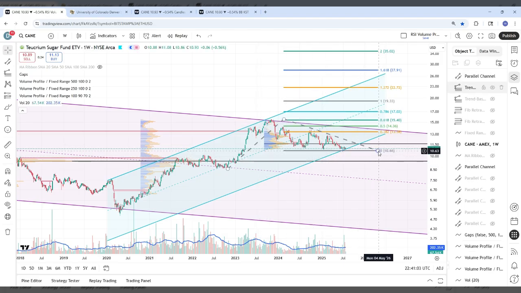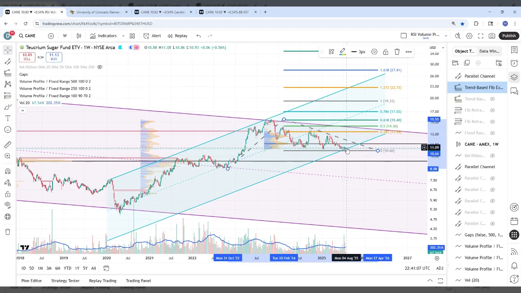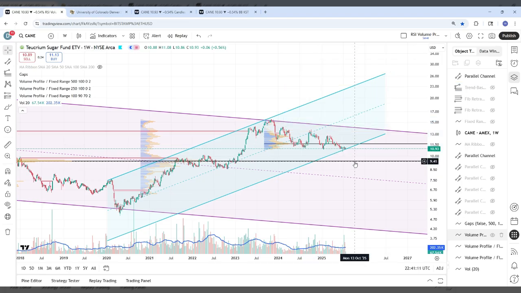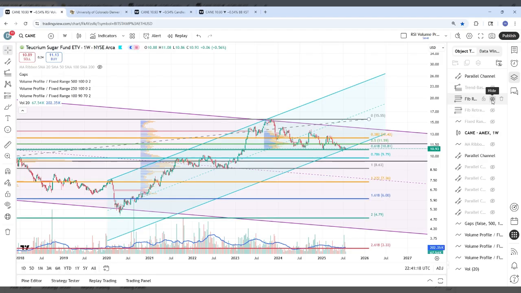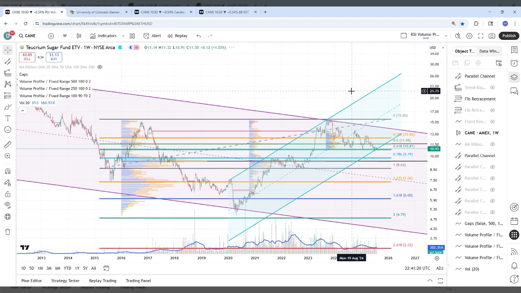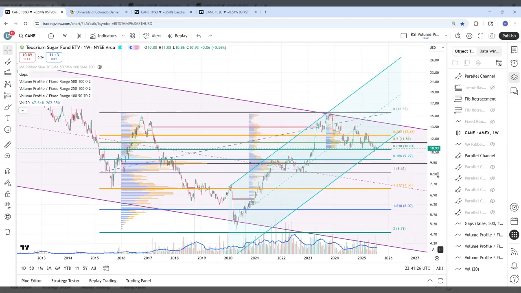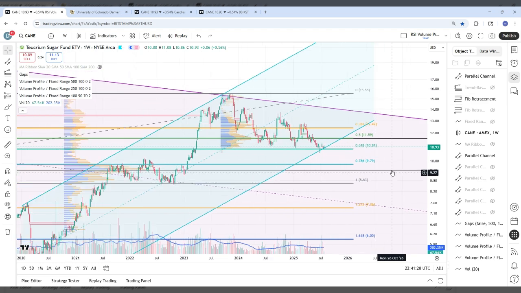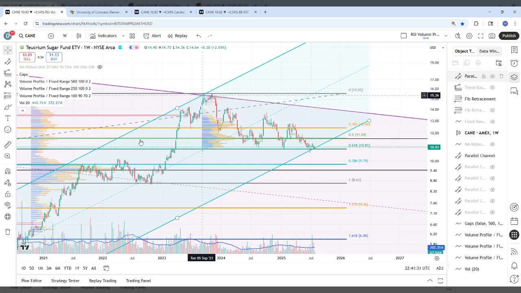So let me take this out. So we could be bouncing right here and heading up, or we could come down a little further. So let's look at fib retracement. So if I go from right here, this bottom, to this top,